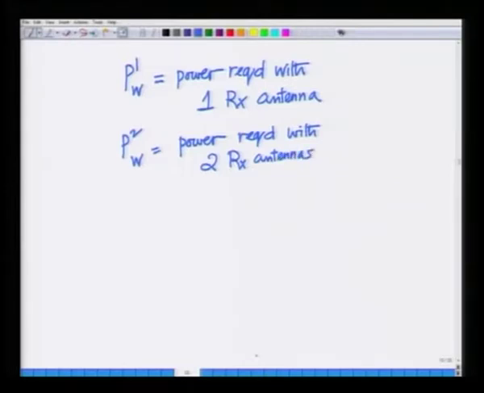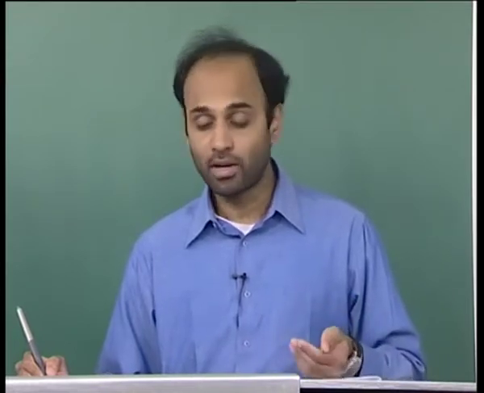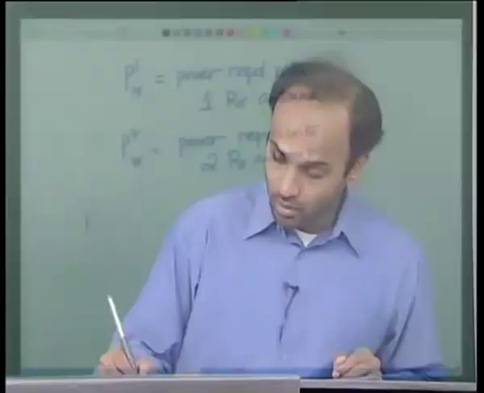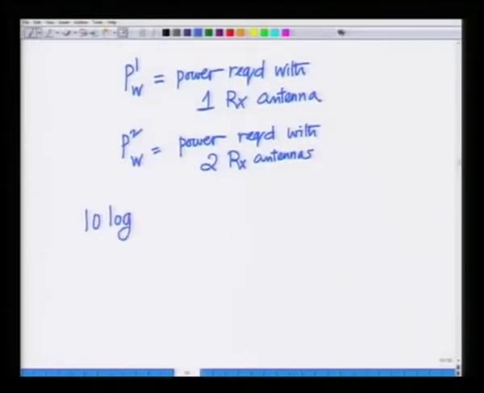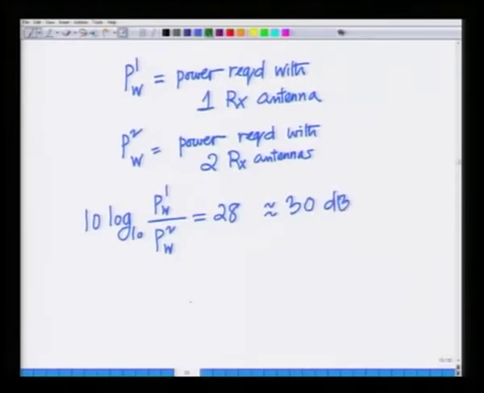Then the power required with 2 RX antennas is 28 dB, or approximately 30 dB, lower than the power required with one receive antenna. Hence, I can write 10 log 10 PW1 divided by PW2 is equal to 28 dB, which is approximately 30 dB,